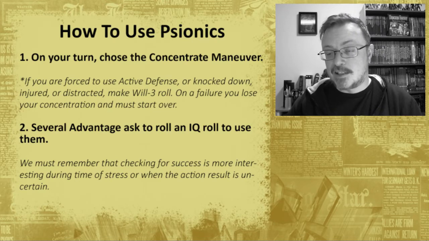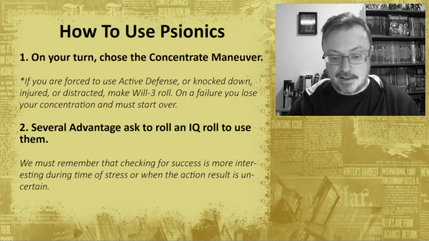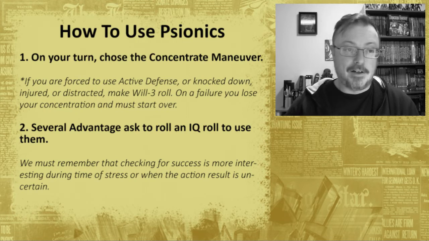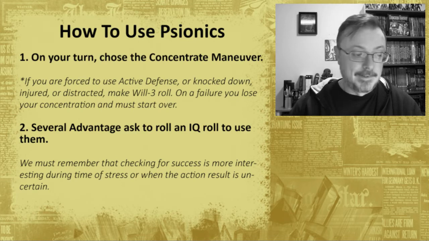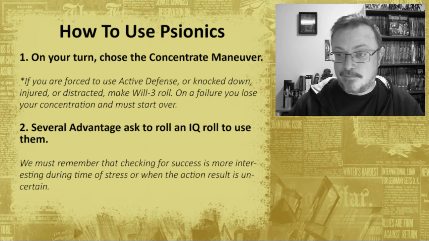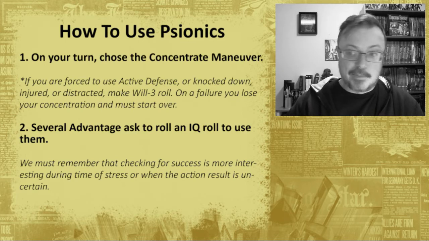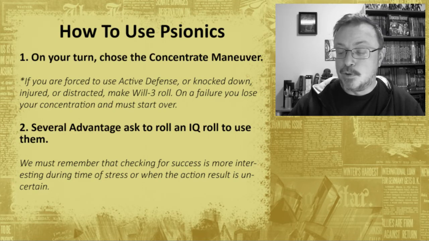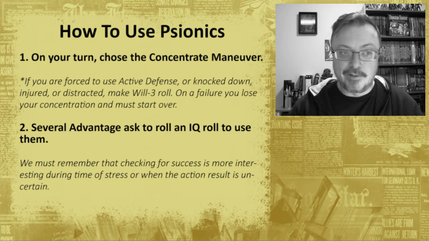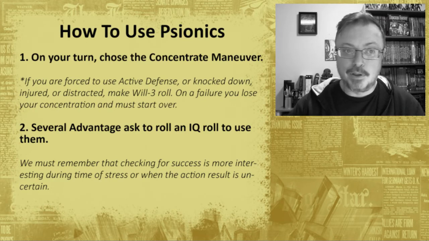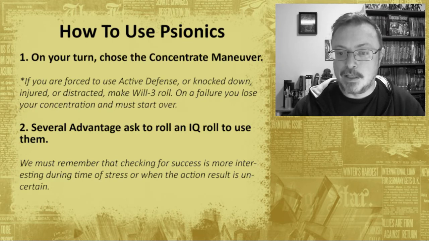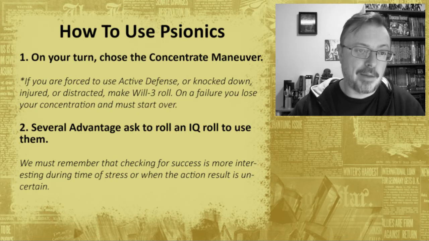Things such as luck, such as charisma. Luck could be a probability manipulation power using psionic focus. Charisma could be an empathic projection, things like that. You will basically find everything you need in the basic set, and the other source books will help you maybe make meaningful choices for your campaign.